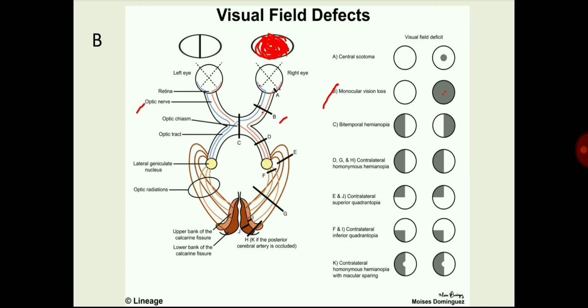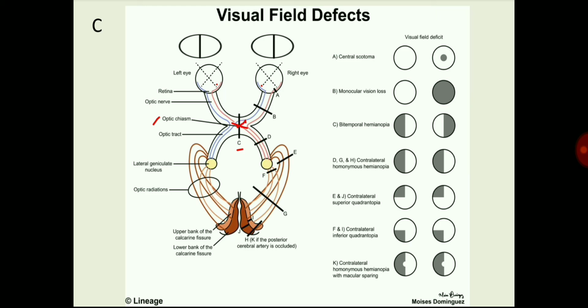Next, look at this image at site C. Here there is damage of the central part of the optic chiasma, as may occur from a pituitary tumor. Usually this optic chiasma is located right above the pituitary gland, so it can compress this central portion of the optic chiasma. So it will interrupt the crossing fibers of the nasal half of the two retinas. Here you can see these nasal fibers, they are crossing.